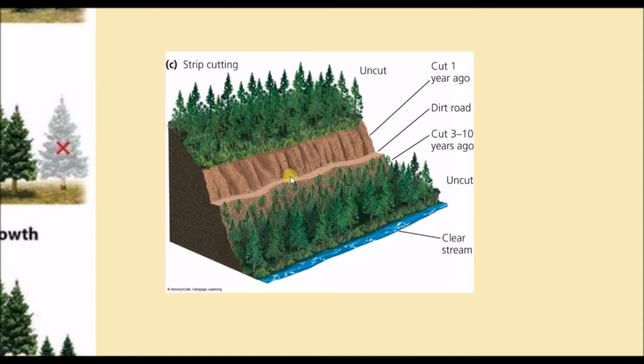Now here, they never ever do strip cutting or cutting like this near streams. So what they want to try to do is avoid that, because there is an increase of this soil erosion here. And here, if we did it right next to the stream, we would have a lot of sediment pollution going directly into the streams. Now remember that sediment pollution inside of the stream causes a high amount of turbidity. Remember that word is the cloudiness. Turbidity is the cloudiness of the water.